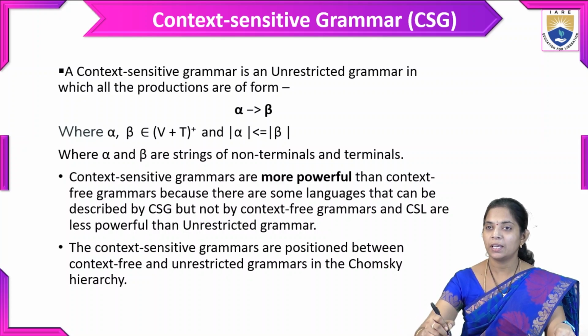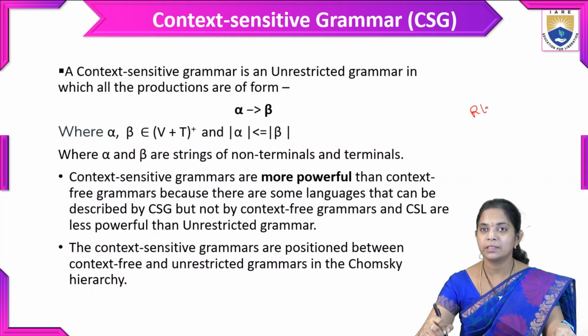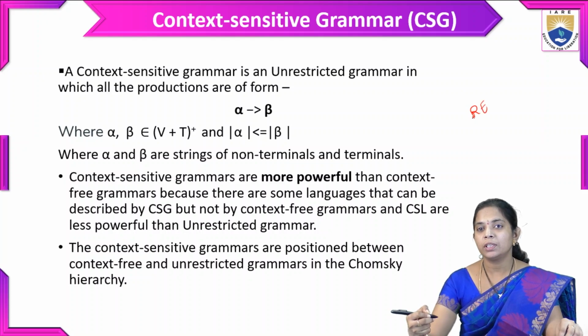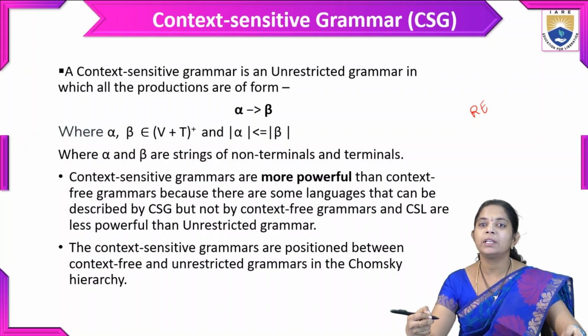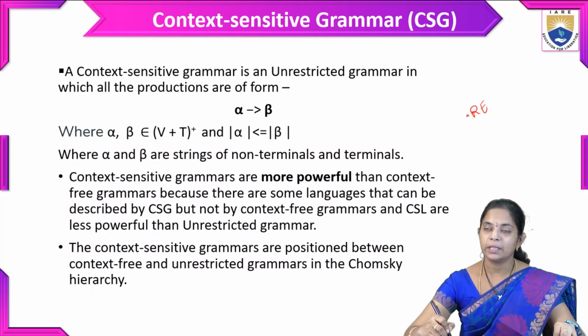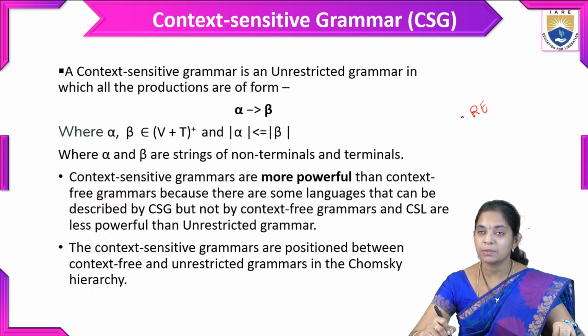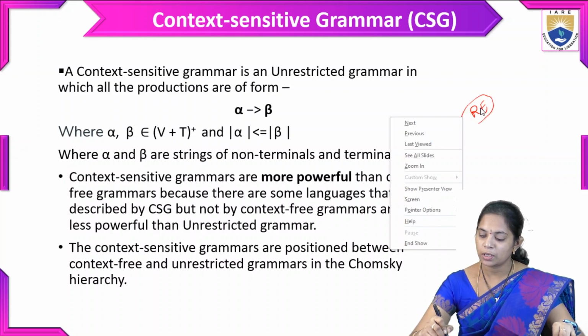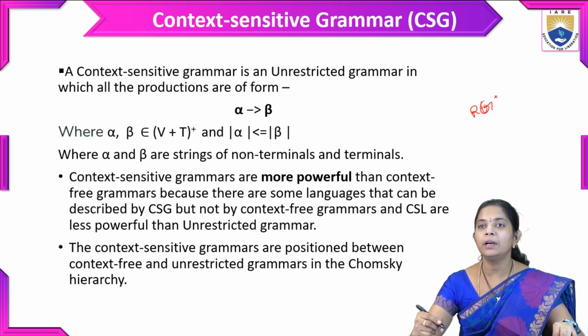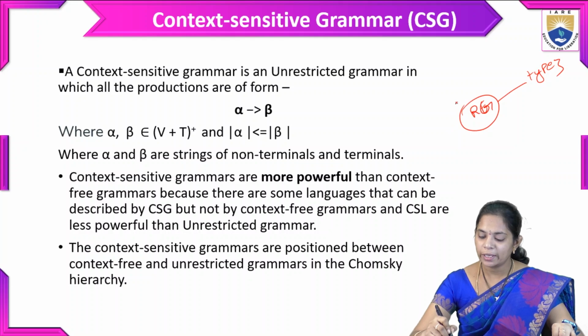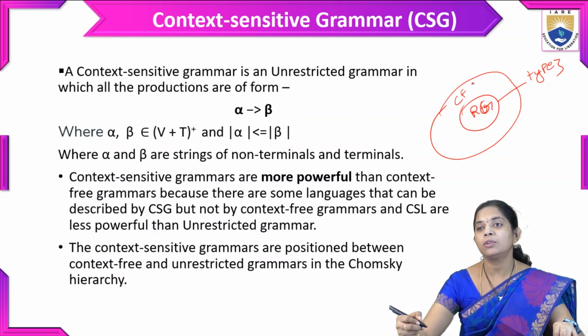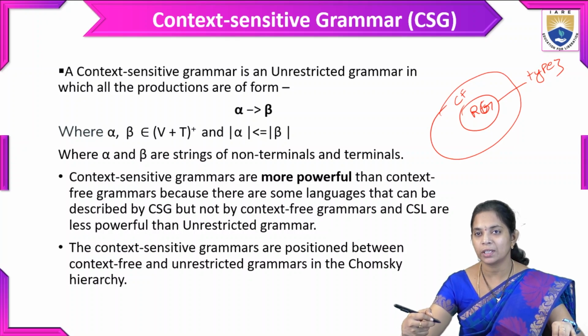So coming to the Chomsky hierarchy, which we discuss in every video, first we need to tell how many types of grammars we have in the theory of computation. Coming to the Chomsky hierarchy, regular grammar is the type 3 grammar, and then context free grammar. Regular grammars are a subset of context free grammars. This is a type 2 grammar,